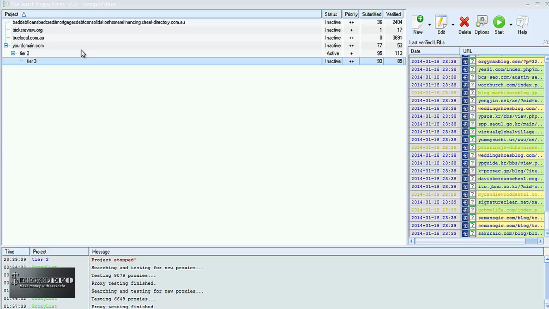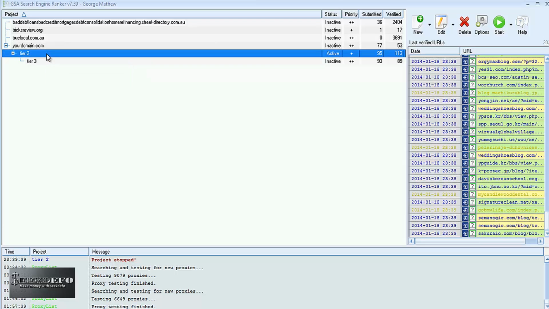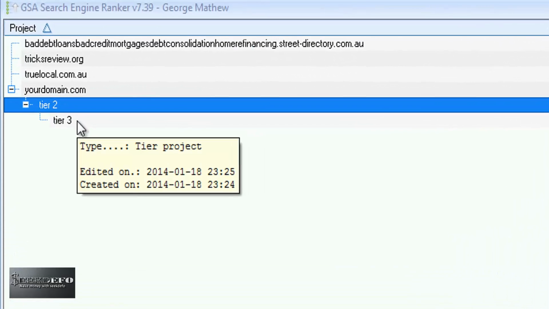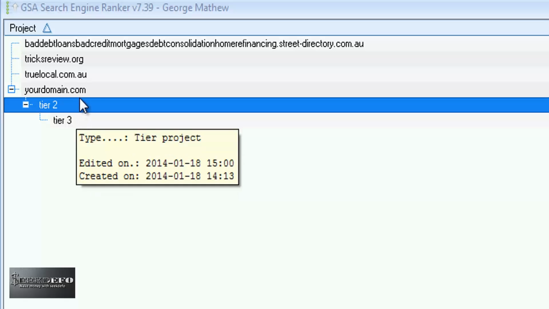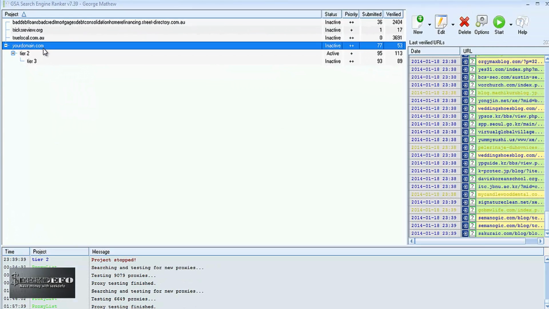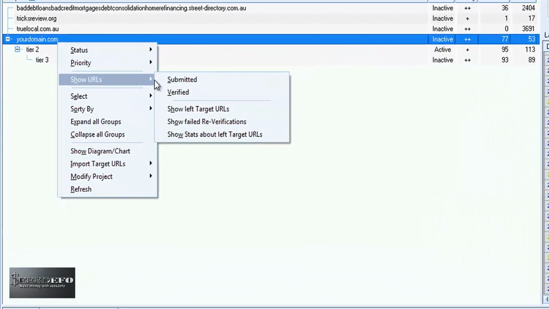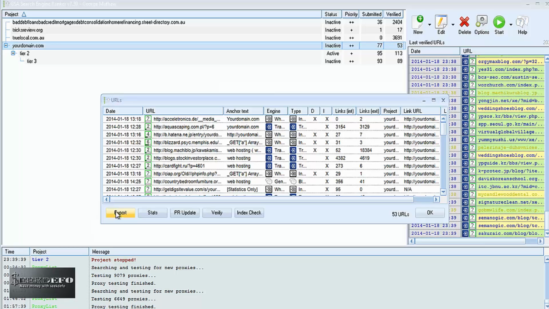You might remember that the last time I had made my tier 1 and tier 2 links, I went ahead and made my tier 3 links also. So what we would do next is that we would get the live links of all these tiers, and we would index them with the help of comments and guestbook submissions. So to do that, we would right click, show URLs, verified, and we have many options here like index check